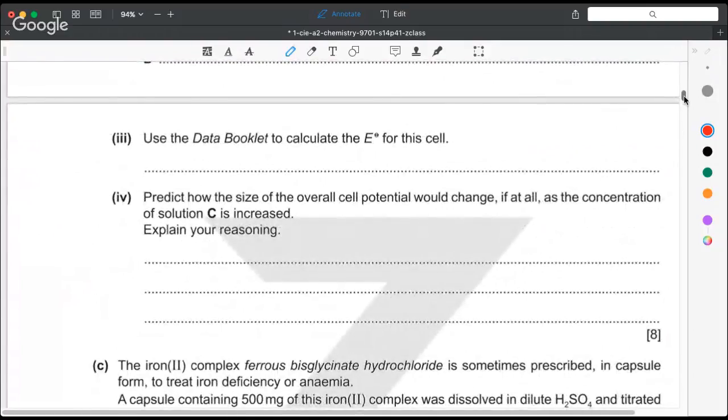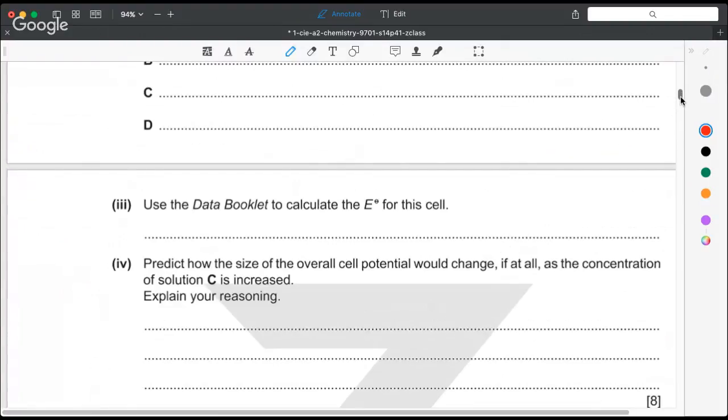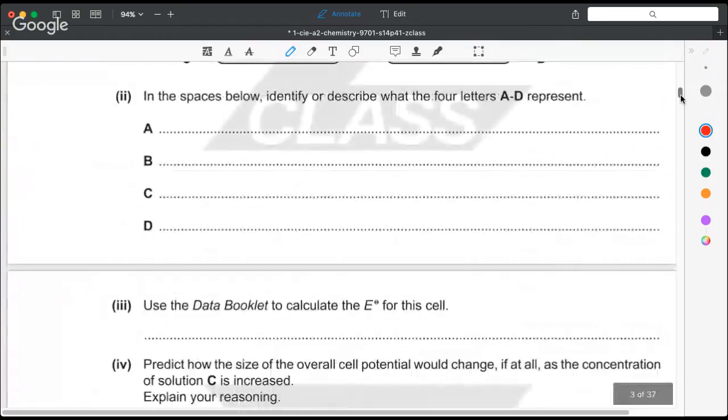Okay, so they've asked at this point to calculate the cell potential, and they've just given you one line for that. Seems a bit mean on space to do that. And there's lots of different ways that people do this. I'll just show you the way that I use, and I'm just going to use this bit of space that I've got up here. Okay, so we've talked about the answers there. But if you look up in the data book,